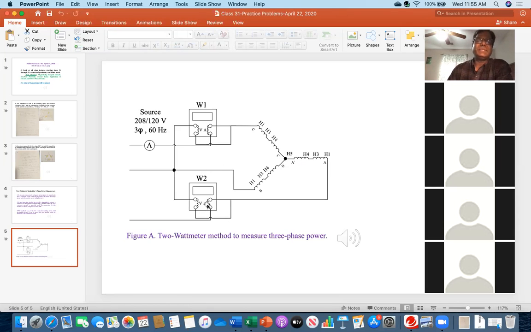And then if you see the wattmeter, again this line is coming and current is flowing through the current coil, and that is connected to this line, but then the voltmeter is connected between this line and the other end is going there. So can you guess why the voltmeter's other end is going to that line? Because